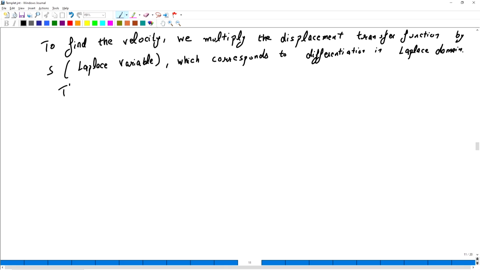Thus transfer function for velocity becomes, so what we do is we multiply s with the displacement transfer function.